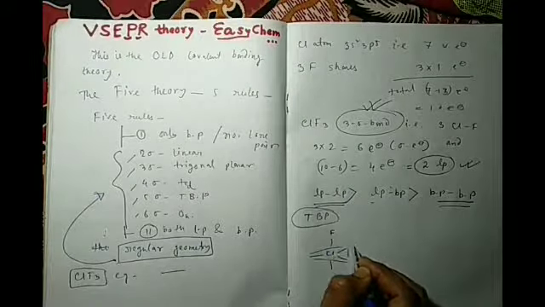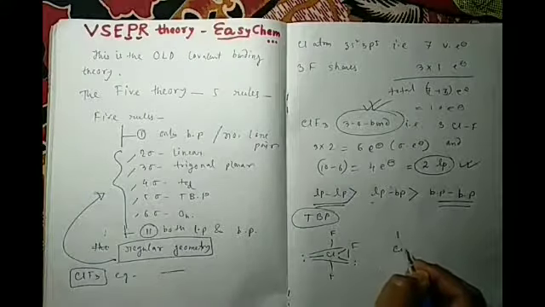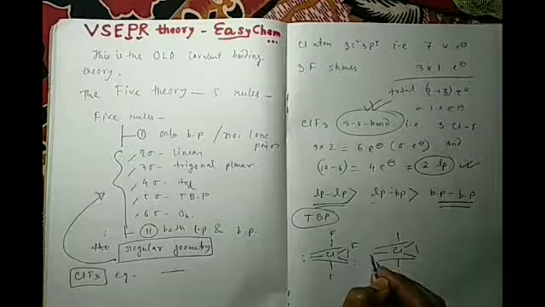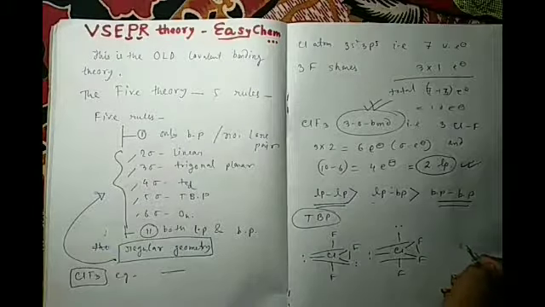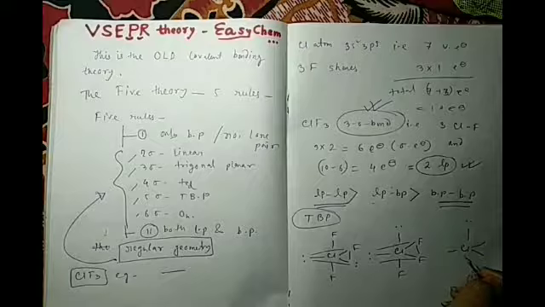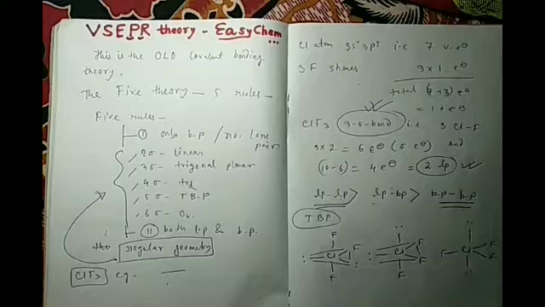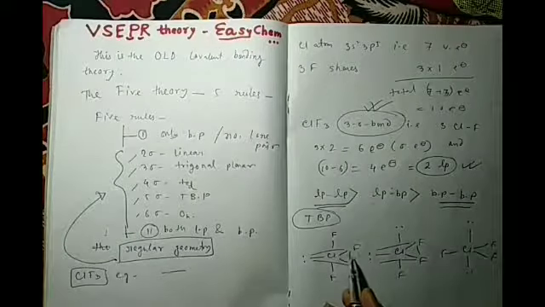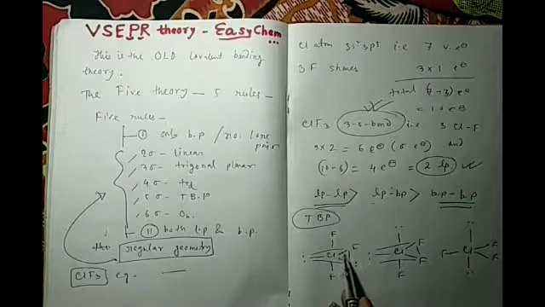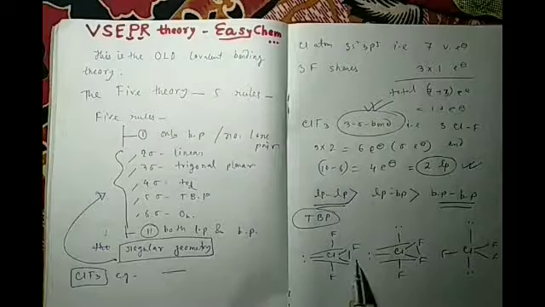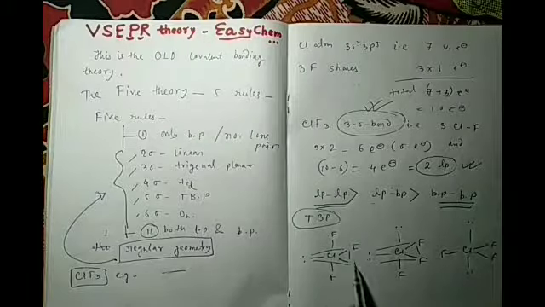First case, F lone pair F. Second case, lone pair F, and the third case, lone pair F lone pair. So maximum repulsion occurs when the angle between the lone pair and the bond pair, meaning Cl-F and lone pair, meaning Cl lone pair bond. So the maximum repulsion occurs when the lone pair and bond pair